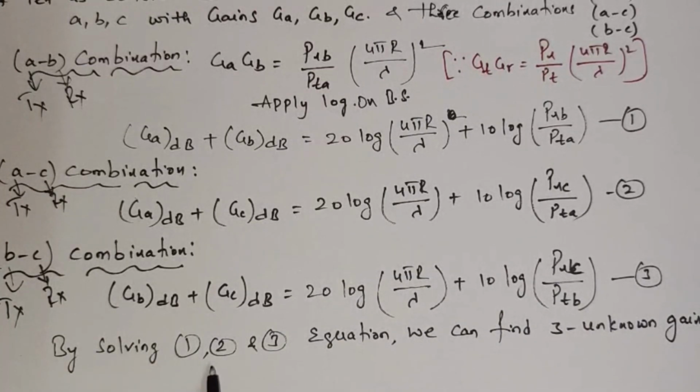By solving equations 1, 2 and 3, we can find the 3 unknown gains of the antennas. In this manner, by using the pairwise power equations, we can solve for the 3 unknown gains of 3 antennas. Whenever we don't have any reference antenna, or we don't know even one gain of an antenna, then by using these pairwise power equations, we can find out the 3 unknown gains. Now we will discuss